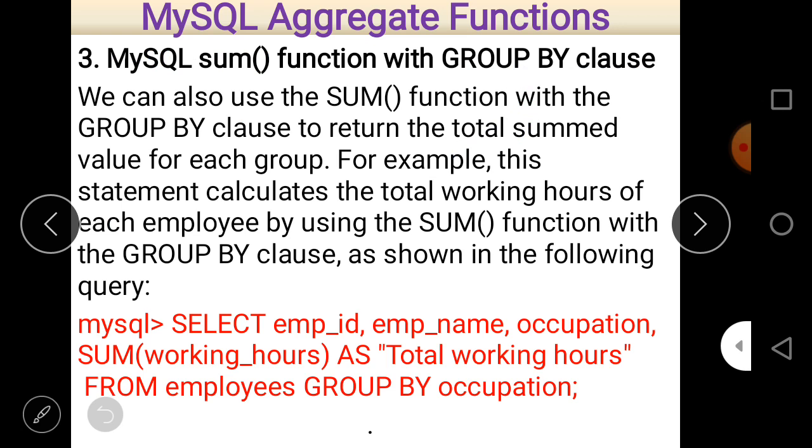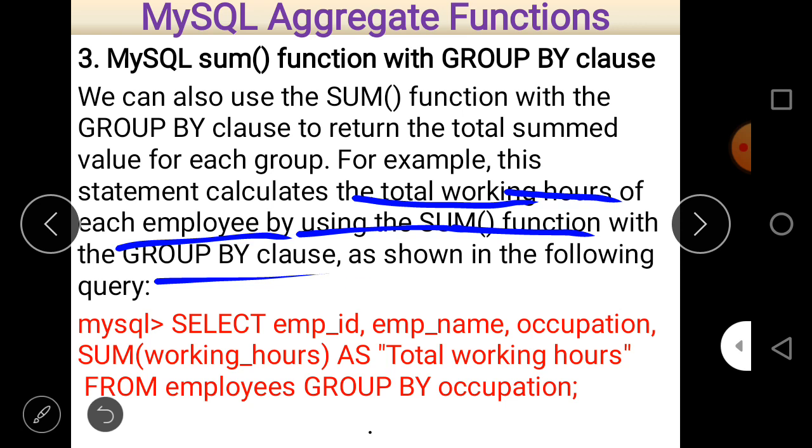Statement: calculate the total working hours for each occupation by using the sum function with the group by clause as shown in the following query. So with group by we have to make a group on the basis of occupation.